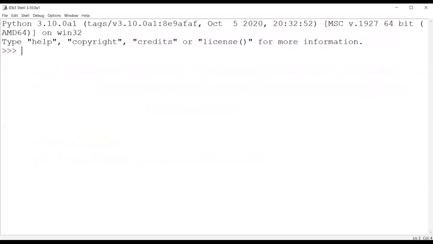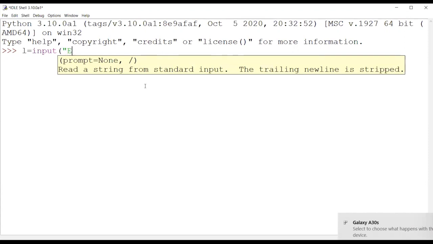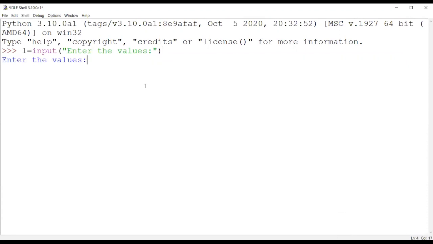So let's start and understand it with the practical. Let's say I'm saying L is equal to input, and I'm writing "enter the values". So I can write over here "computer", right? This is my value. Now if I check what type of value it is, I can pass the statement type(L) and it will show me that this is a string type